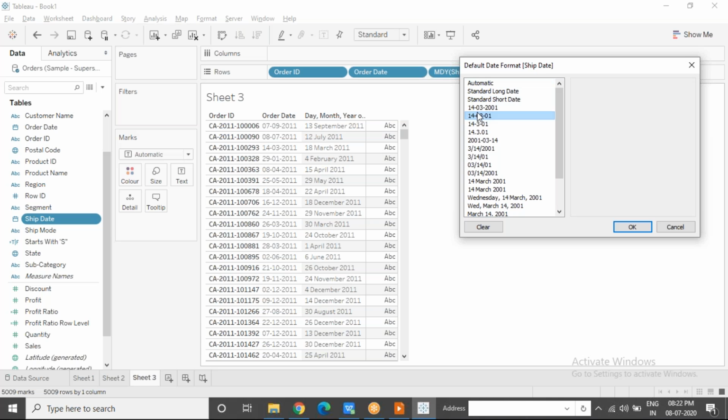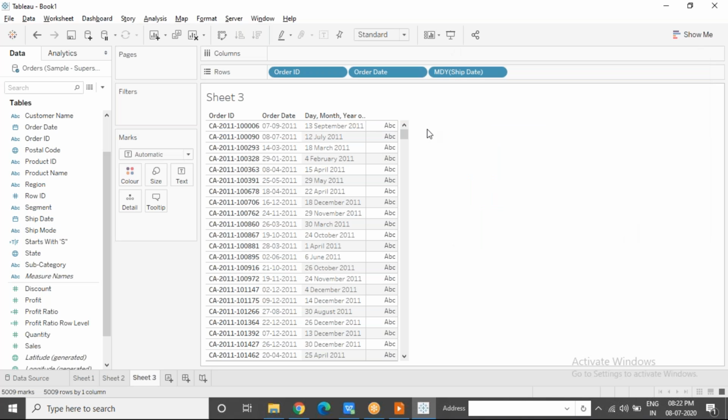I will change it like this. Okay, so if I change it like this, what happens? If the date format changes, then why is it